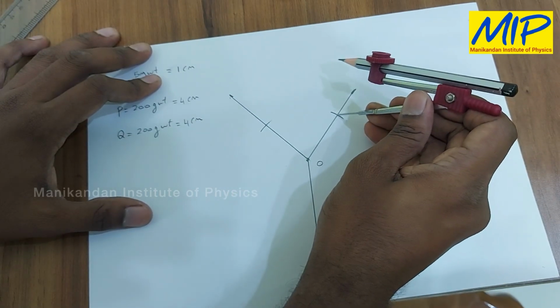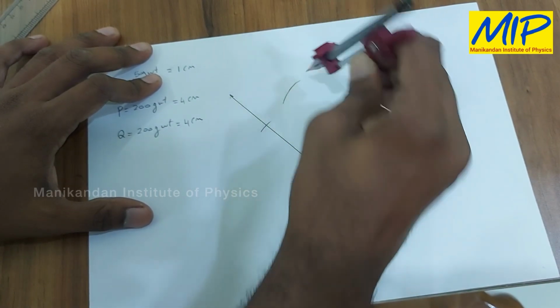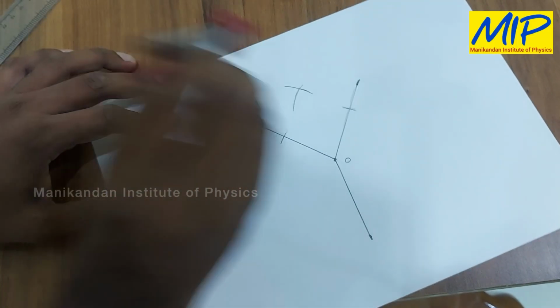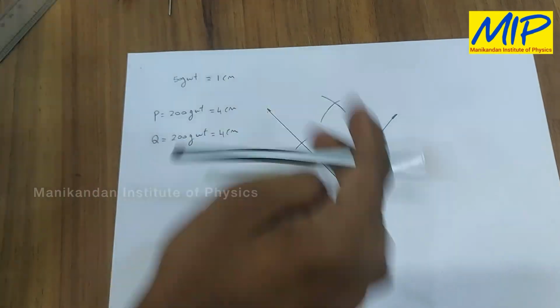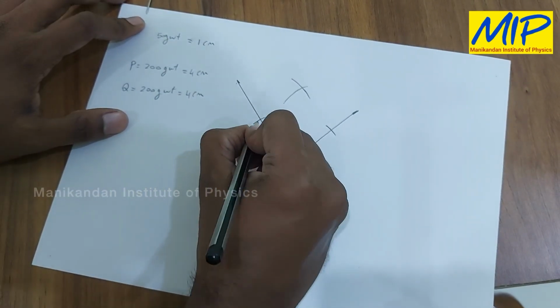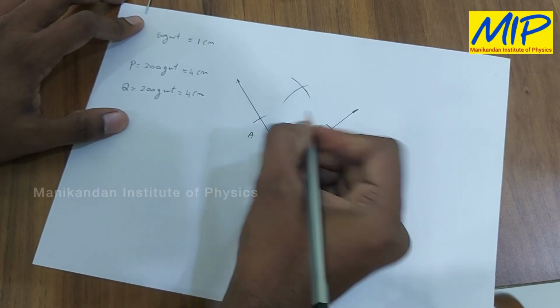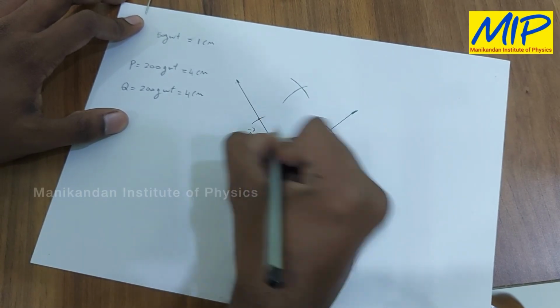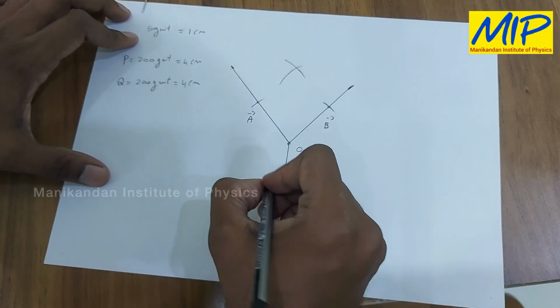From this point to here is 4 centimeter. From this point to here is going to be again 4 centimeter. So now, this is my point A vector, and this is my point B vector. The downward force is said to be